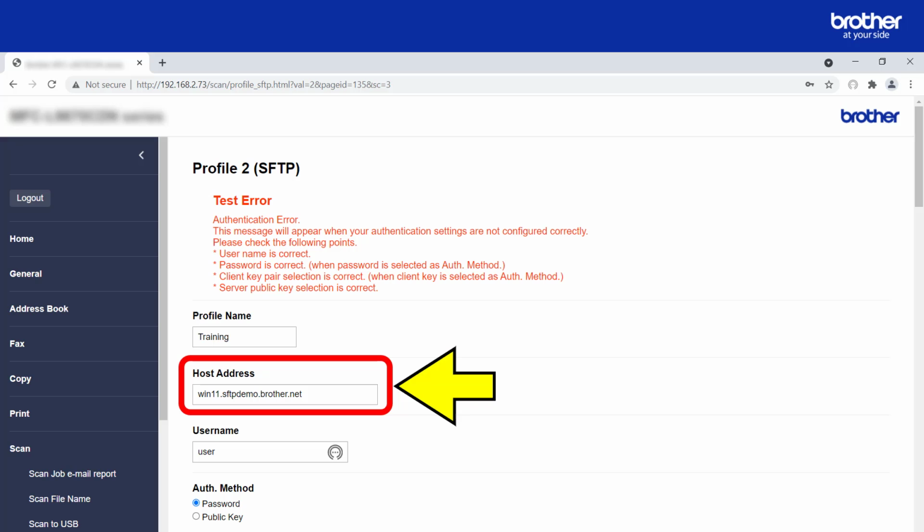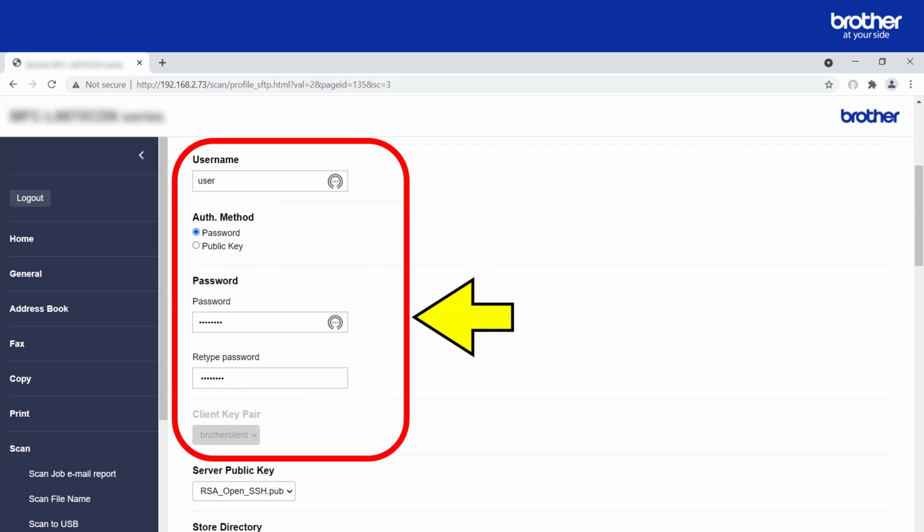One of the easiest yet commonly overlooked problems is a mistyped SFTP address. I recommend you check this first. Then check the authentication details. If this looks correct, also check that the SFTP server itself is online and active.